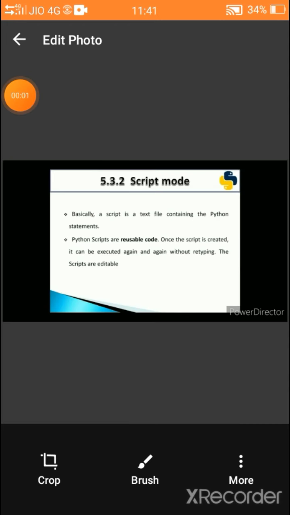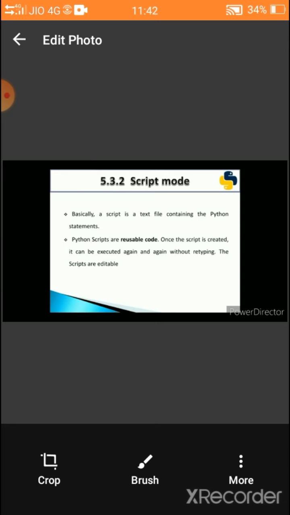Let's see another way to write a Python program, that is script mode. Script is a text file. It contains Python statements. Python scripts are reusable code. If we once create the script, it can be executed again and again without retyping.